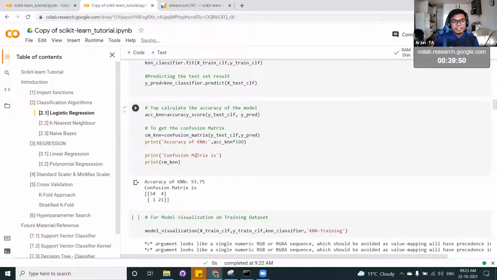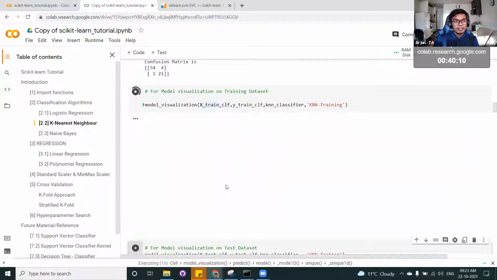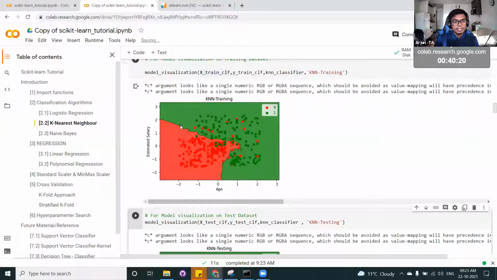So intuitively, it seems like KNN is better, but whenever we see this kind of numbers, we should always think from a different point of view, like why is this happening. So it might possibly be that KNN's decision boundary is irregular and non-linear, so it seems it is able to capture the data better than in a linearly separable problem. So you can see the decision boundary of KNN in the training data, and it's kind of irregular, and it tries to overfit very well.